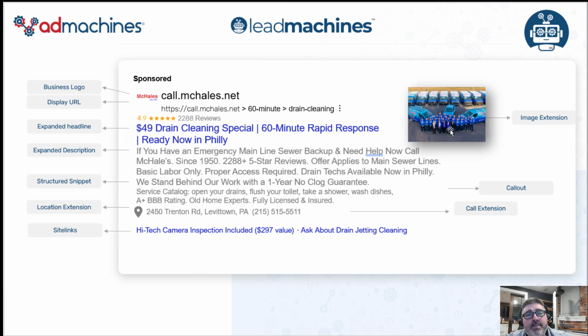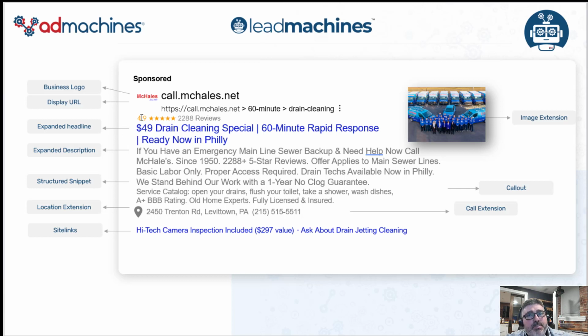I really like these image extensions. We're looking at these a lot now. It's interesting to see how this image will perform against maybe a technician image, and see which one pulls in a better response. These are definitely helping improve click-through rates. You're going to notice, and I don't have it on the slide deck here,